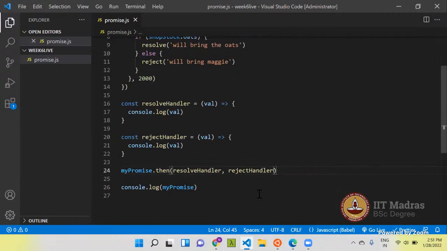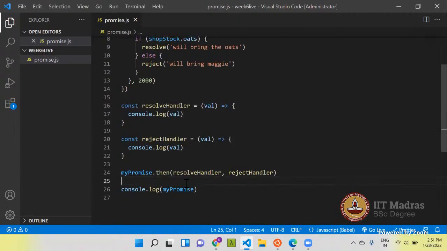So what is happening here? These are two functions which will handle the settled state. Settled state means either it's resolved or it's rejected. The then function provides a way to run these functions, the resolve handler and the reject handler.